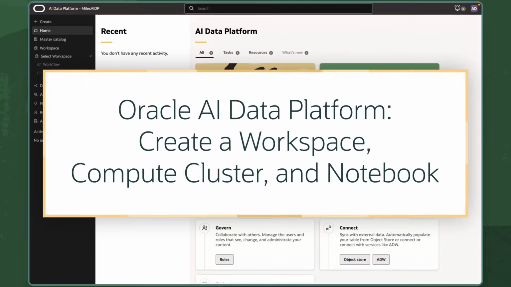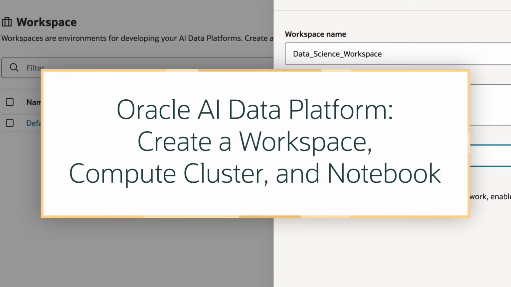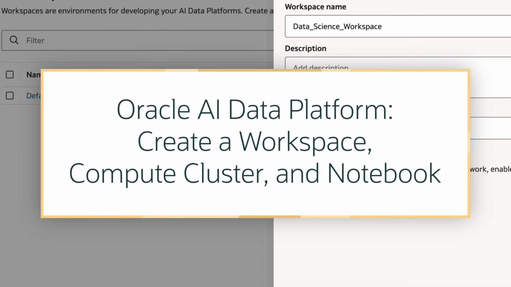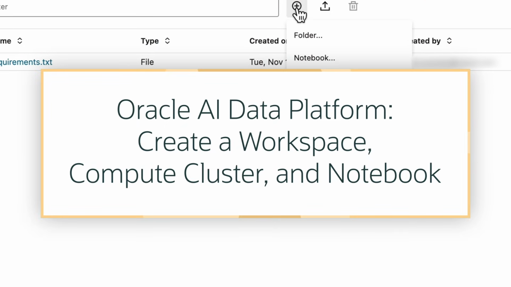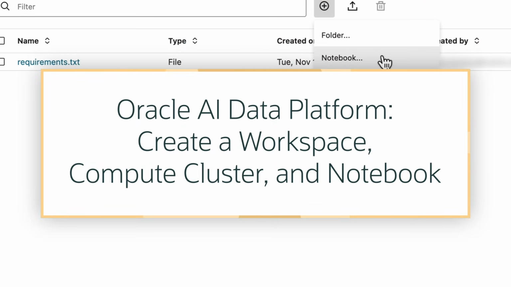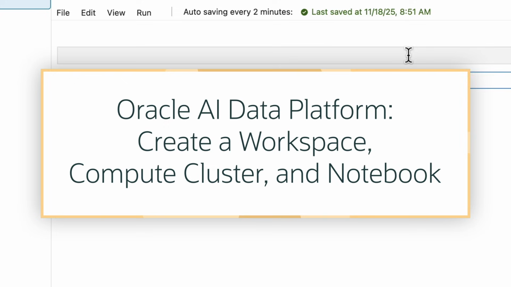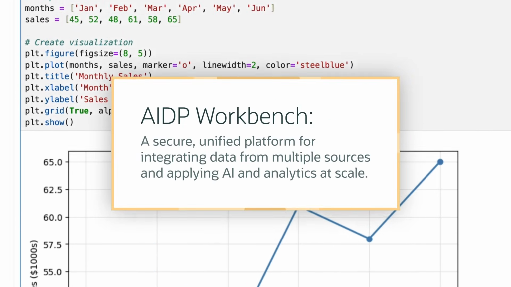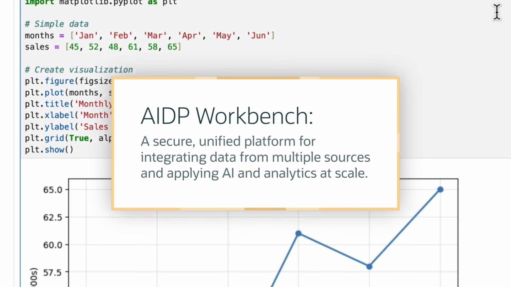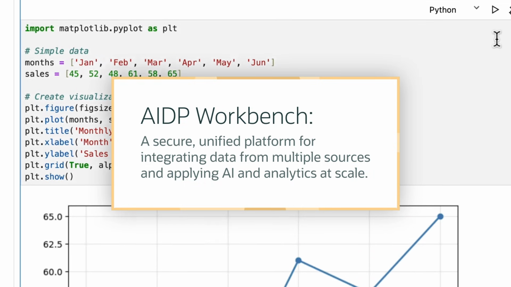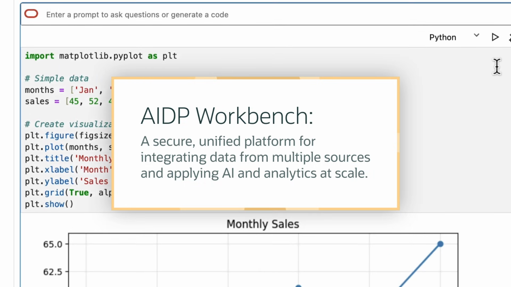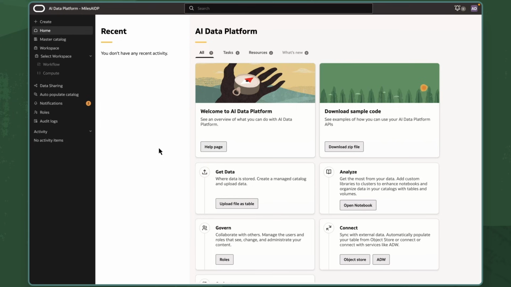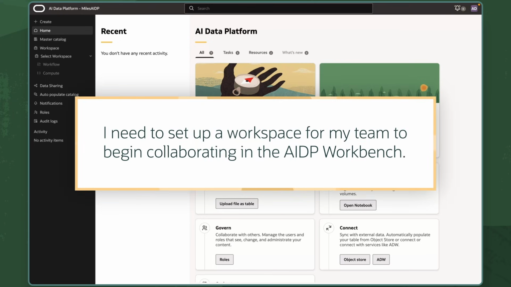In this tutorial, we'll learn how to create a workspace and compute cluster, install a library for the cluster, and attach the cluster to a notebook in Oracle AI Data Platform Workbench, or AIDP Workbench. The AIDP Workbench is a secure, unified platform for integrating data from multiple sources and applying AI and analytics at scale. In this scenario, I'm setting up a workspace for my team in the AIDP Workbench to organize and prepare